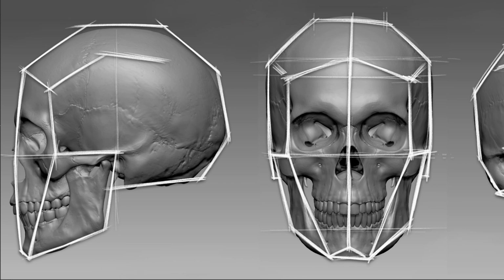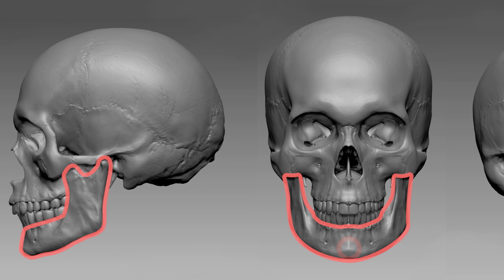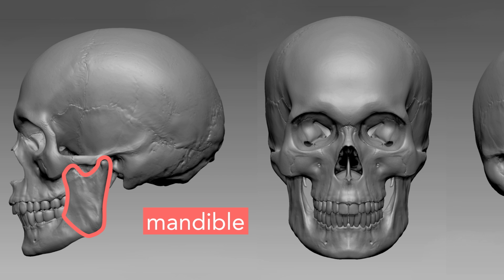Now that we've talked about the zygomatic arch, the lateral edge of the major plane of the face, and of course the mental protuberance, this section of the skull we refer to as the mandible, and it has two main parts. Part 1 is the ramus, and part 2 is the body. So we have the inferior border of the body of the mandible, and we have the angle of the